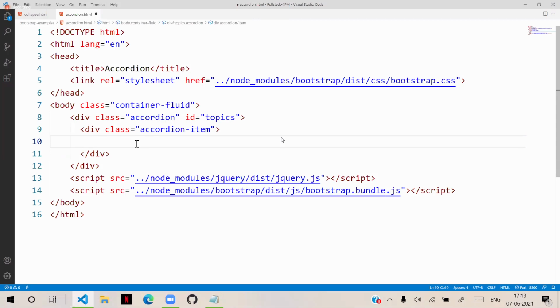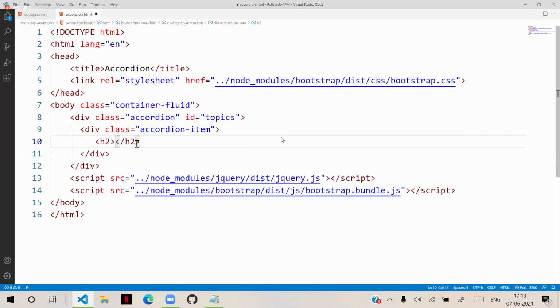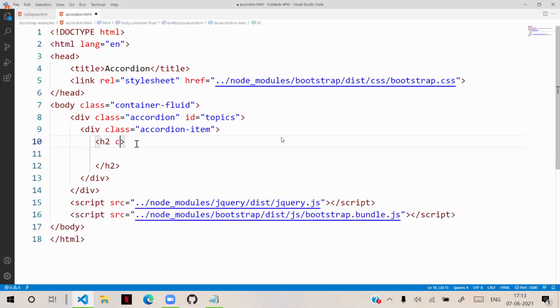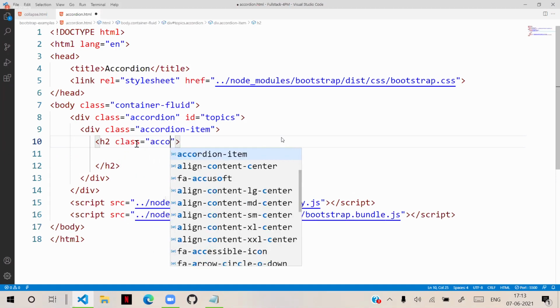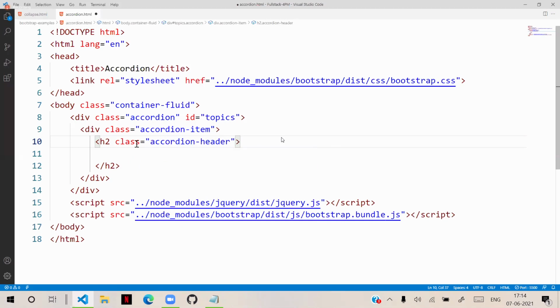You can keep anything inside it. Suppose I will give a heading, and for this heading, I'm giving the class as accordion header. This can have an ID, which we will put in later.